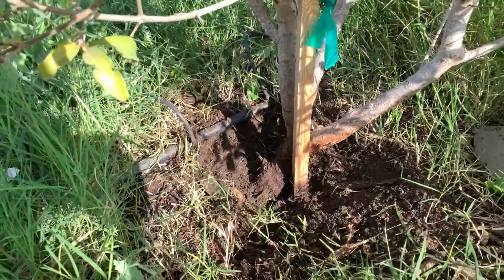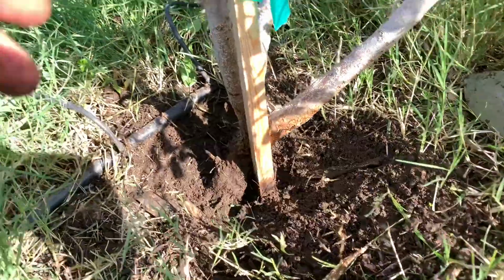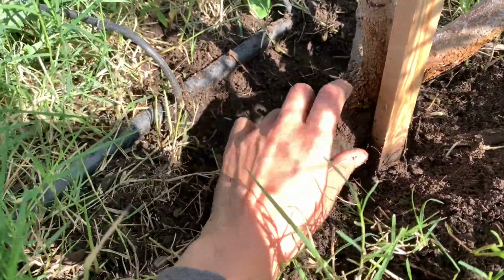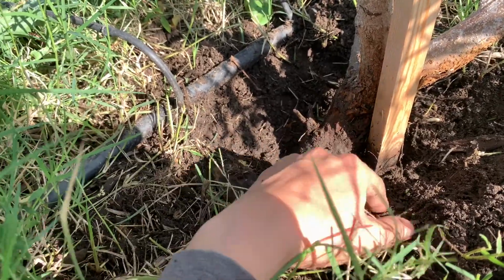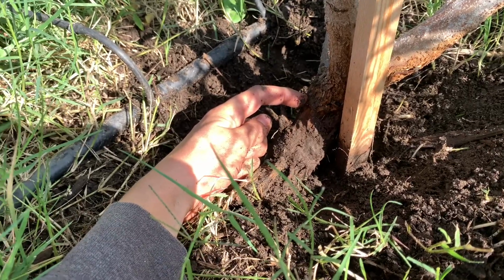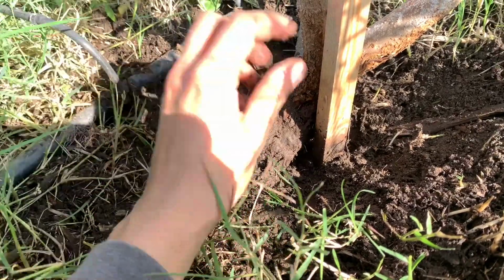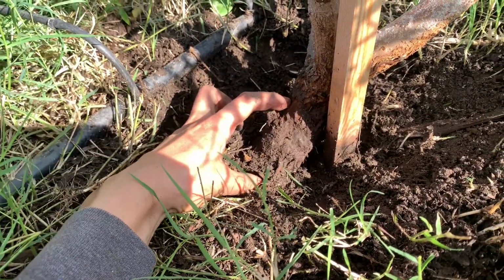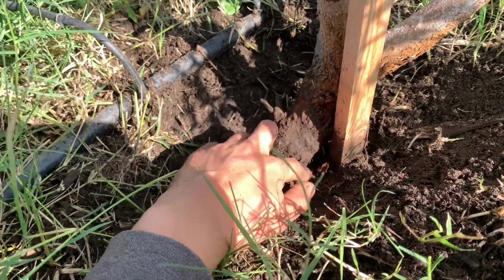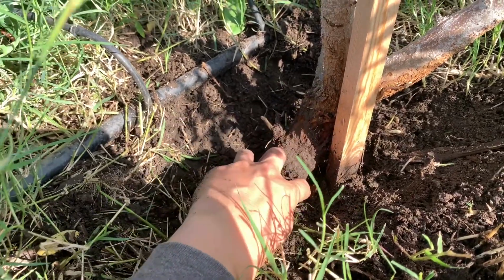And as I'm digging around the base of our trunk here, I can see that the dirt level was too high on the trunk. So here's where the dirt level was originally when I showed up this morning, and after excavating it with a shovel, I found that there was about 3 inches of the trunk that was buried underground. Now this is very bad for the tree because all the little insects and detritus that live in the soil